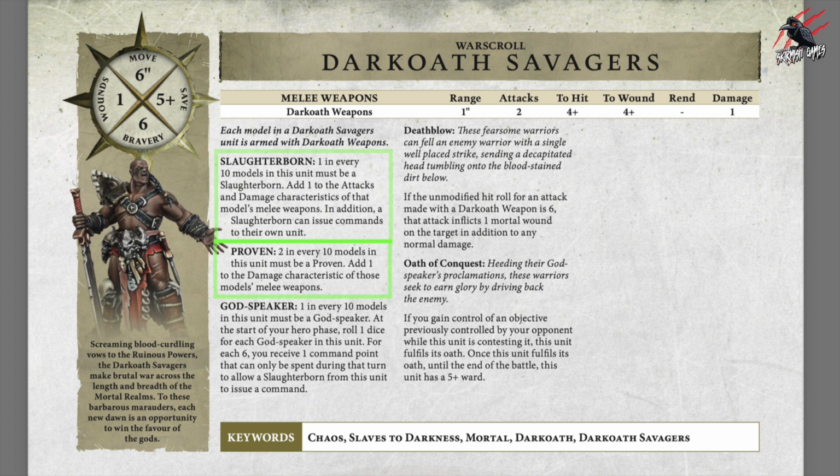a 2. In yesterday's article, we saw the Proven, and here it tells us that 2 in every 10 models in this unit must be a Proven, and add 1 to the damage characteristic of those models' melee weapons. So that's going to change that damage from a 1 to a 2. So this is good. So if we do get this warband and we want to use them in Age of Sigmar, you have to build 2 of them as Proven. So there is going to be some build options here. We saw that in the sprues of the videos previously, and so we will have to build 2 of them